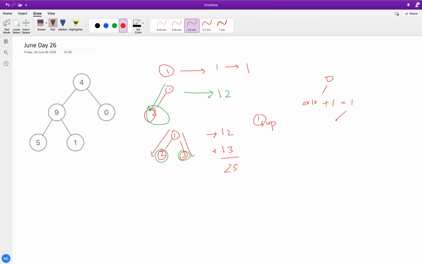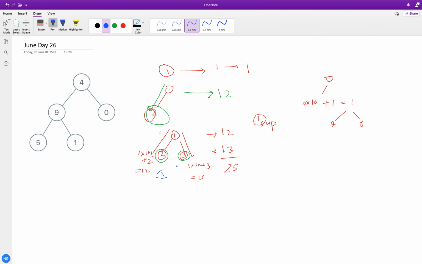Then we pass it to both the left subtree and the right child. For the left child 2, we have the sum 1 till here, so we take 1 times 10 plus the new value 2, which becomes 12. Similarly on the right we do 1 times 10 plus 3, so the new value is 13. Once we check that the current node has no left and right child, which means it is a leaf, we return that value.